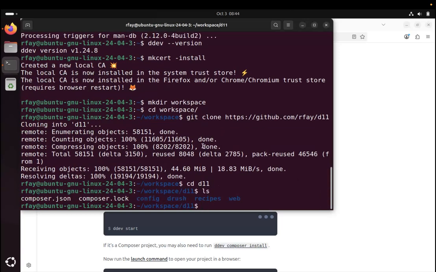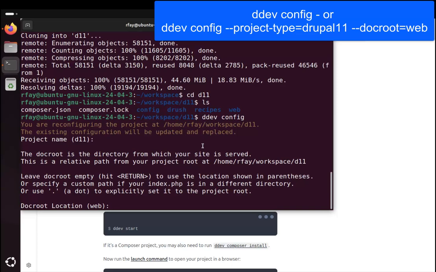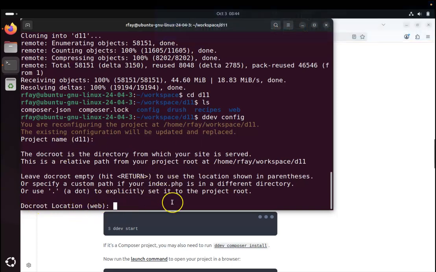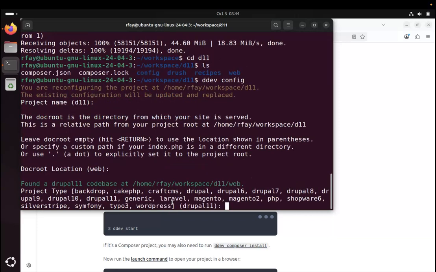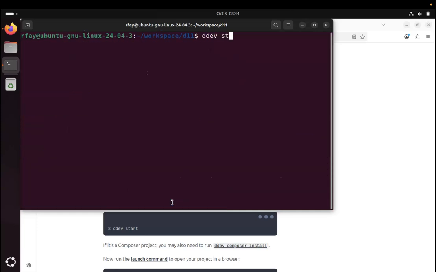So here I can do a ddev config, and it's going to use the folder name as the project name. It automatically detected the docroot, which is web, and it automatically detected the Drupal 11 code base there. So now we can do a ddev start. So we will do a ddev start. Now this is going to